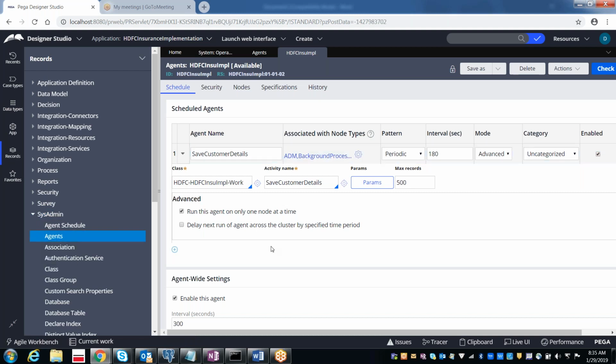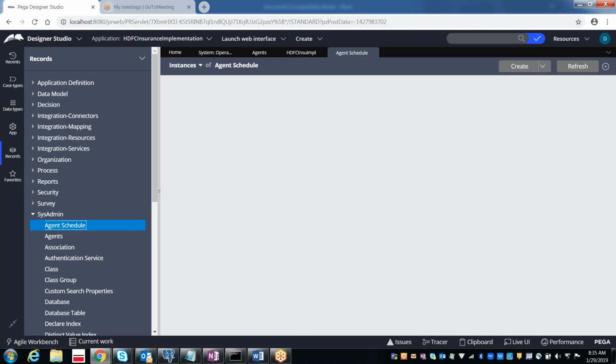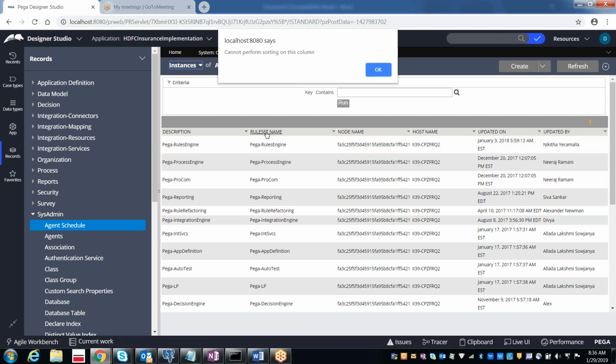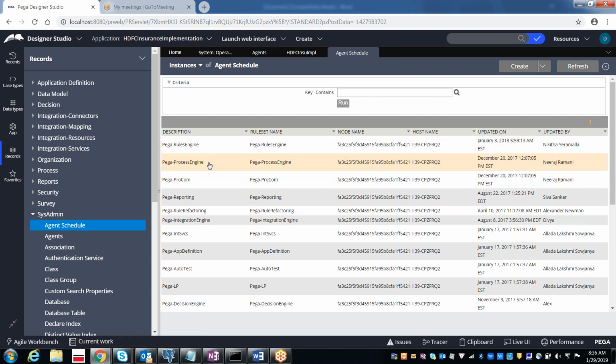And now one more thing: whenever you create the agent rule, it automatically creates the agent schedule as well. If you see these agent schedules, here it is going to create the agent schedule for each and every agent rule which you create.